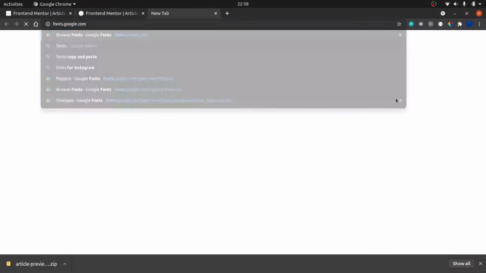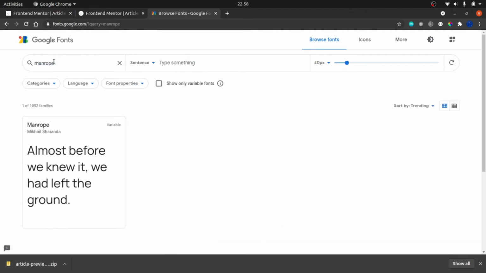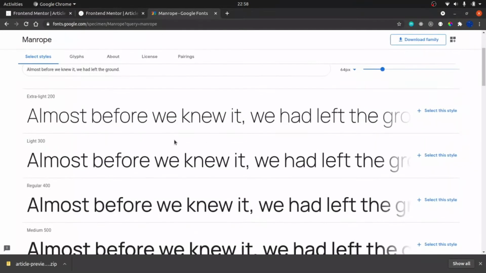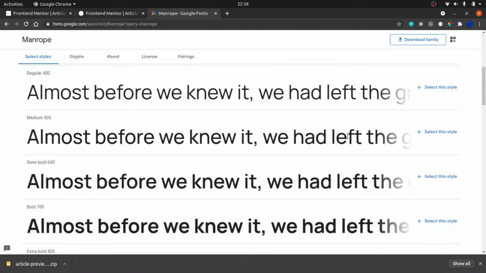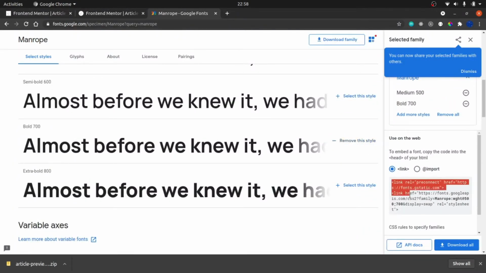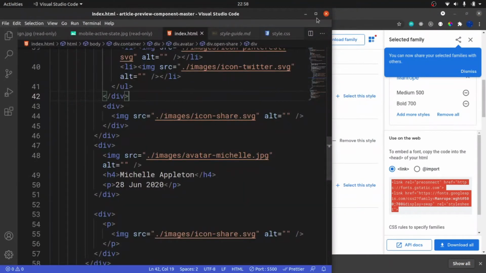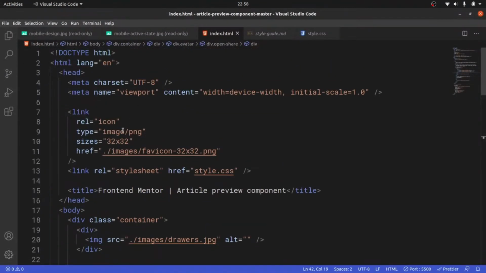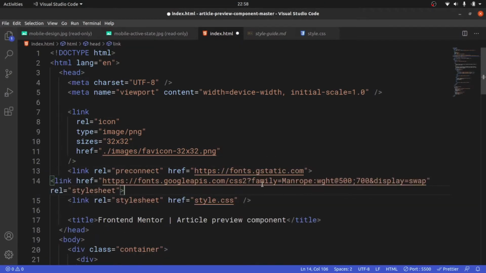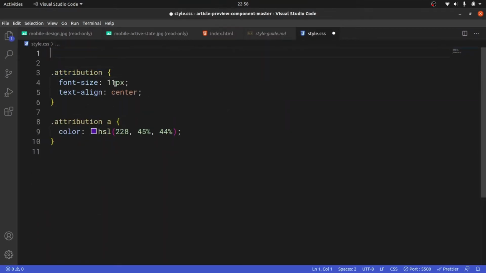So let's head over to fonts.google.com. Let's get the font that is called Manrope, and then let's get the 500 and 700 fonts, the medium 500, the bold 700, and then let's grab this link tag inside here. So copy this, and then go inside our index.html and right at the top, let me place it up here. So we have our Manrope right there,